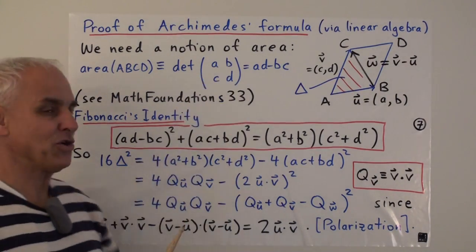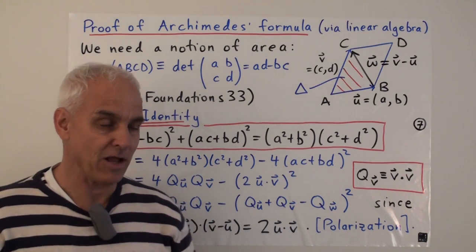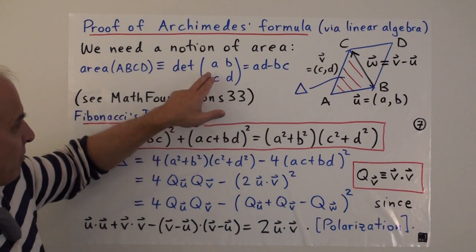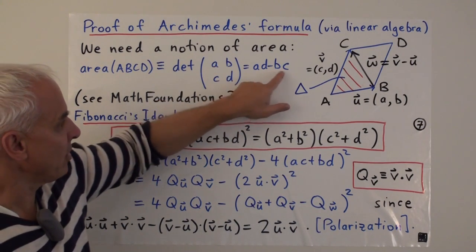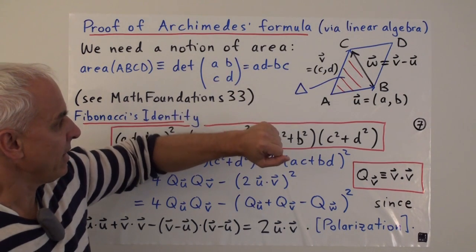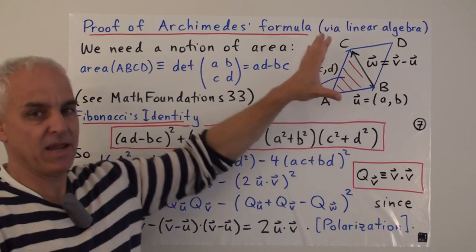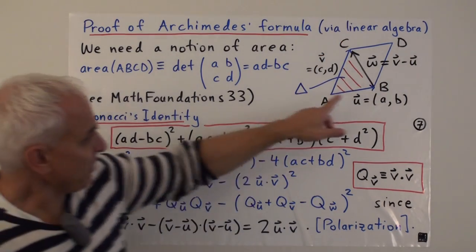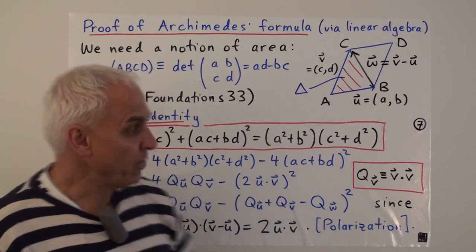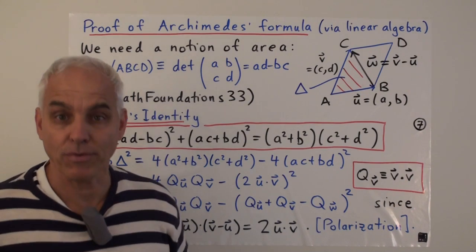Now, if you don't know what a determinant is, well, you can have a look at my Wild Lin Alg series on linear algebra. Okay, but most of you will know that the determinant is AD minus BC. That quadratic quantity is a good measure of how big that parallelogram is. Of course, if we want the area of the triangle, we should then, by symmetry, divide this determinant by 2.